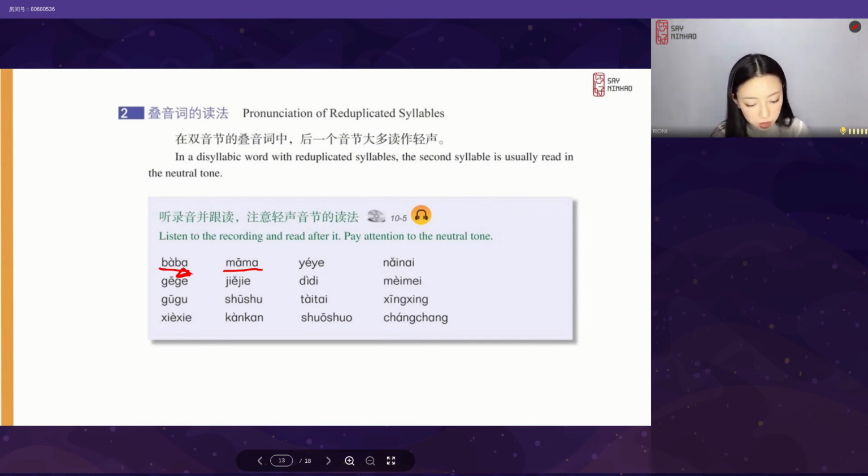Another one. This one, 哥哥，哥哥. It's lower. 哥哥 means older brother. Okay, next one, 姐姐，姐姐. It means older sister, because it is after a third tone, so it's higher. 姐姐. Next one is younger brother, 弟弟，弟弟. Next, younger sister, 妹妹，妹妹. Okay, so try to practice more and pay attention to the pitch of the